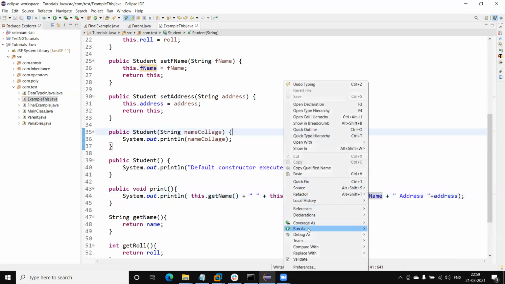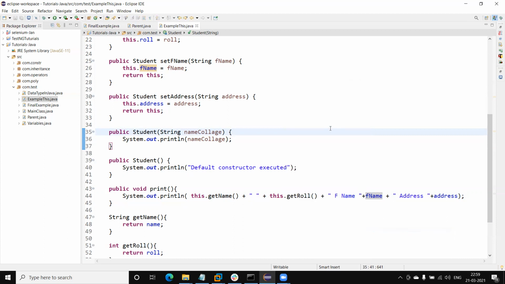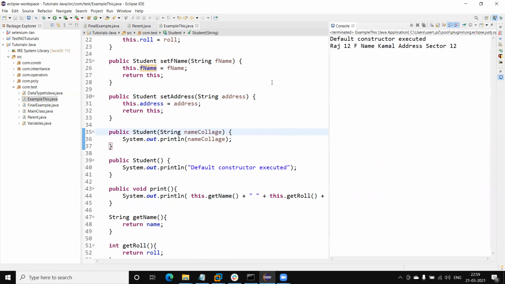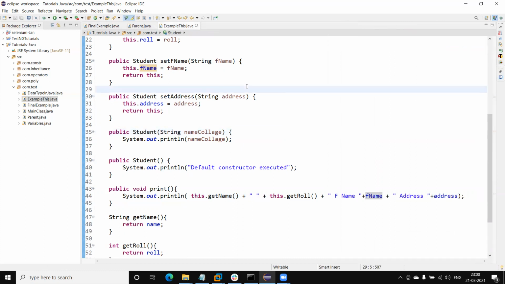Now let me run this. You can see I'm getting the complete value. So we can also use this keyword as the return value of a method.